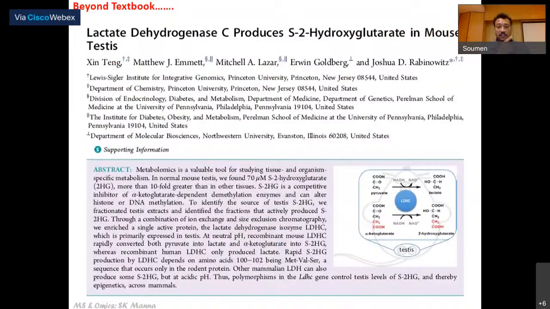And this is another example which tells us that our knowledge of the so-called biochemical landscape and what enzymes are involved in which pathways is quite incomplete. As we can see, lactate dehydrogenase can produce 2-hydroxyglutarate, and this was identified by stable isotope labeling as well as steady-state experiments. So our knowledge of the so-called metabolome as well as this whole biochemical landscape probably has to undergo significant